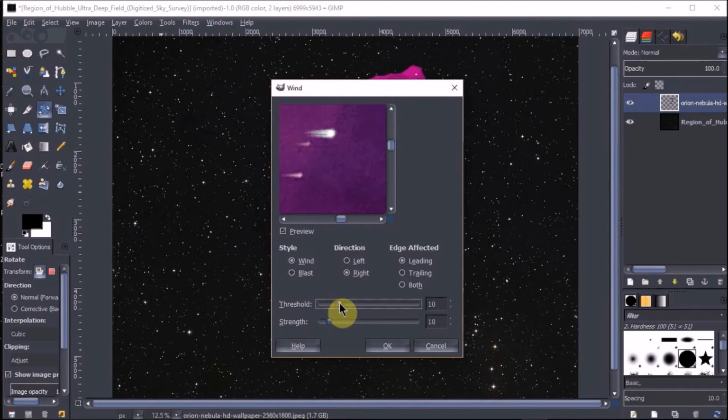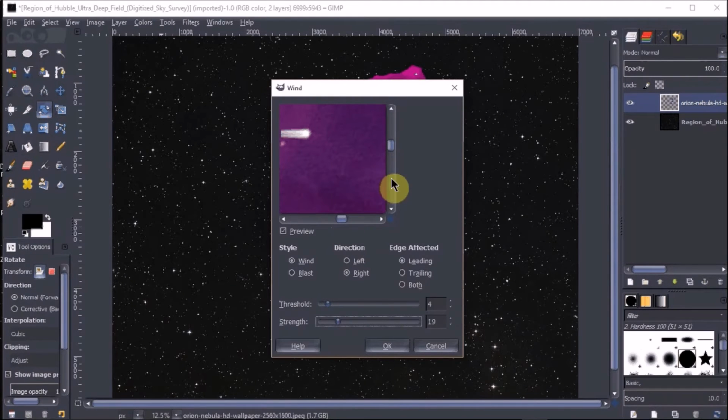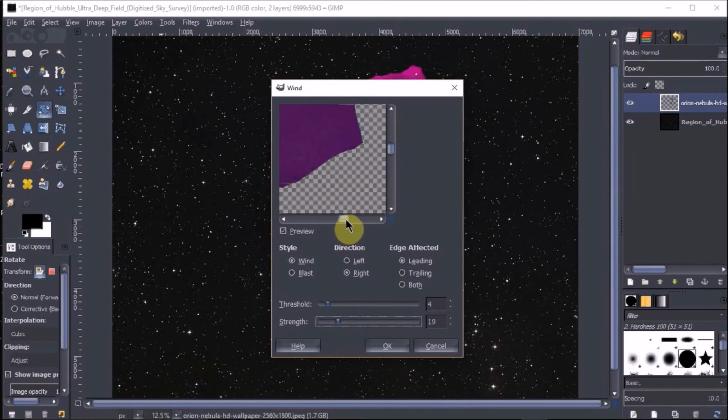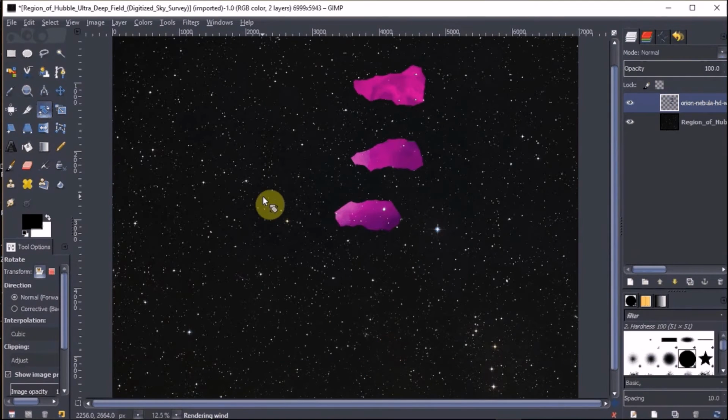And I don't like the effect, it's not strong enough, so I'm going to lower the threshold, which makes it more of an effect on it, and then increase the strength, which will also make it more of an effect. Kind of like the way that looks. I think that'll probably be okay. The front edge is clean, the back edges should be blurred. If it wasn't right, I could switch that by changing the edge affected, but it looks like it's right for this already. So I'll go ahead and approve that, or okay it,